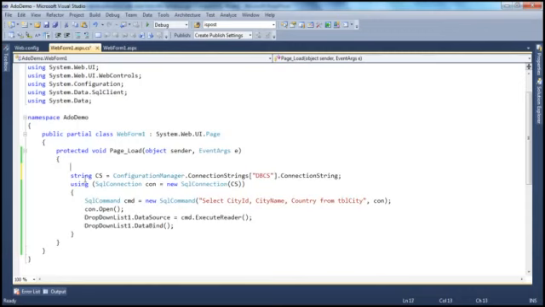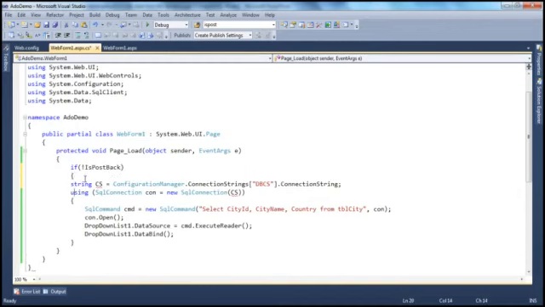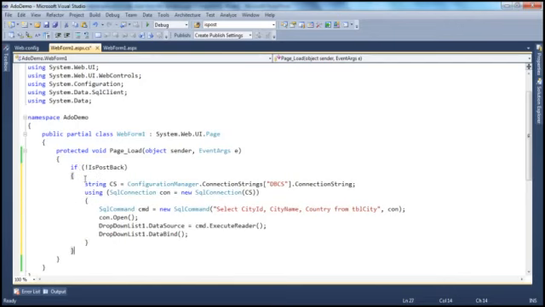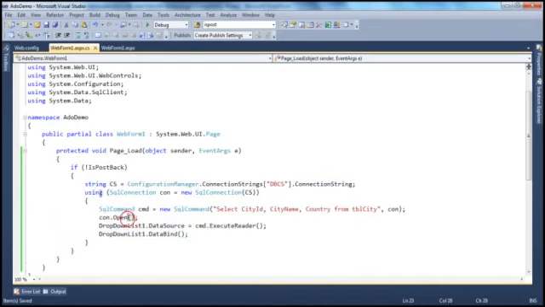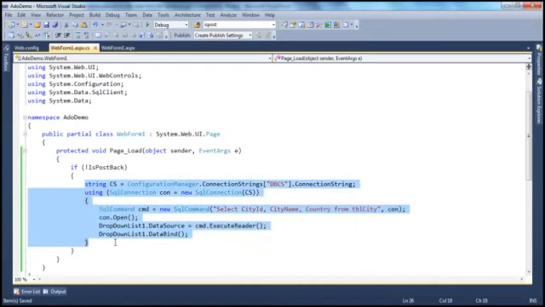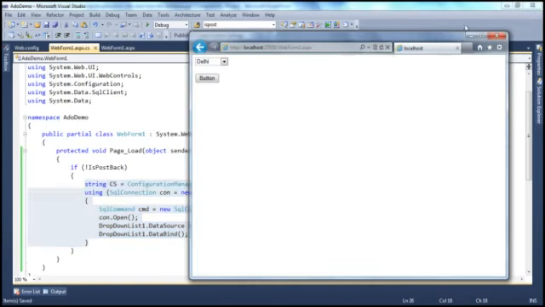So to slightly improve the performance of your application, you can wrap this entire code within the IsPostBack property check, with a not operator, which means this piece of code is going to be executed only the first time this web page gets loaded, which means if it's only a GET request. If it's a postback request, this code will not be executed, and the view state of the drop down list control is going to remember the items that we have loaded into that control the first time when the web form loaded. Okay, so if we run this application now,